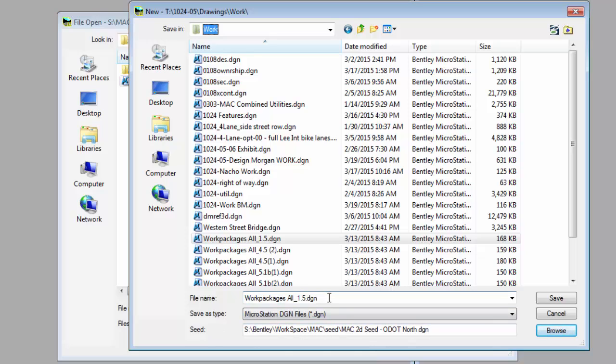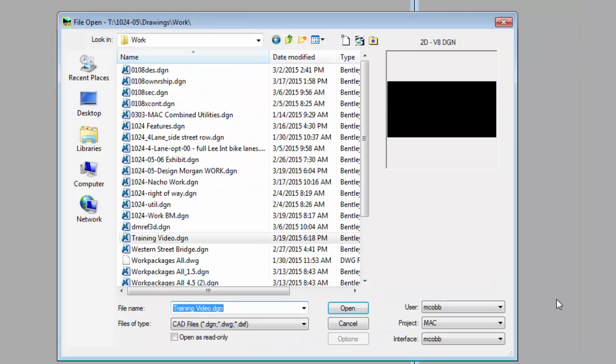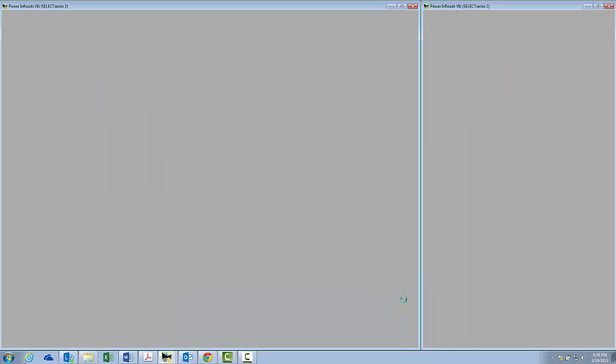Now I need to give this a file name. So I'm going to left click in there, and I'm just going to type in training video. The Mac standard, as you can see, is that you'll type in your Mac number, and then if it's a profile or a cross-section or the design file or an exhibit, etc., you would type that next, and we have standards for that in our manual. But this is just a training video, so I named it as such. I'll say save, and then it automatically has highlighted that, and I will say open,